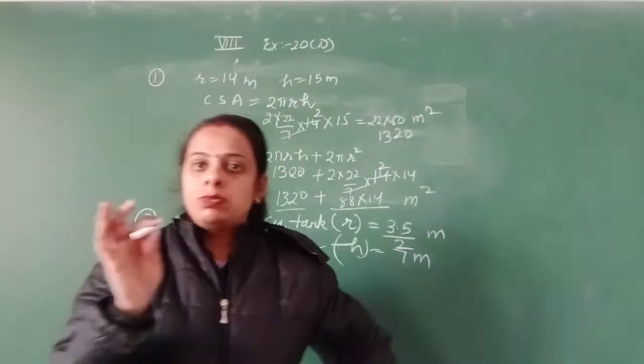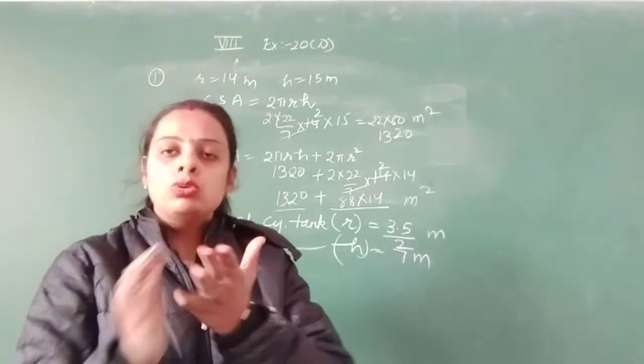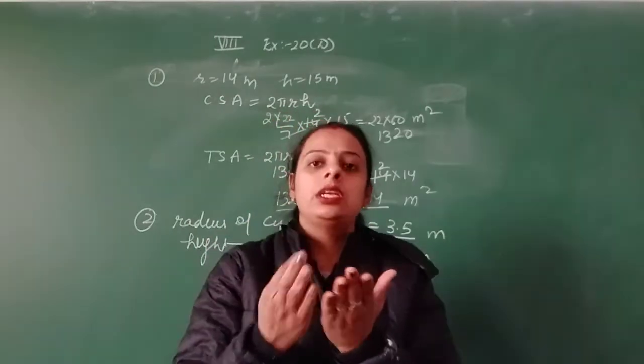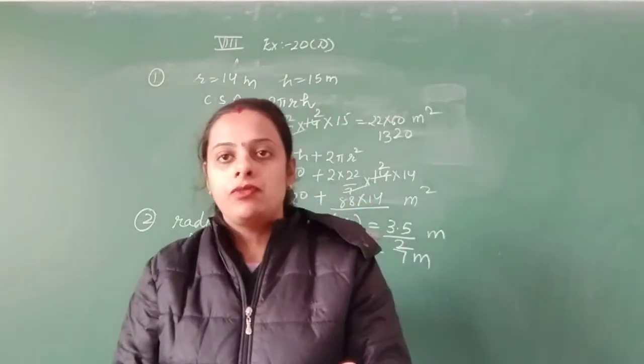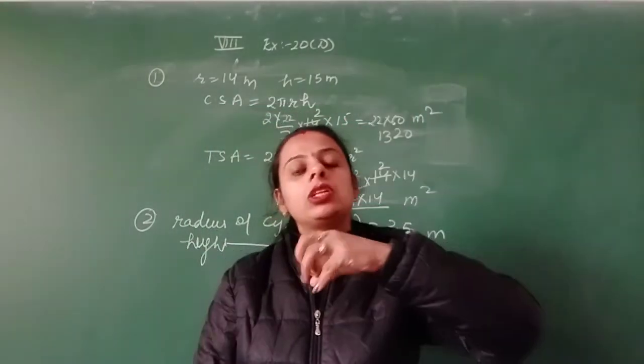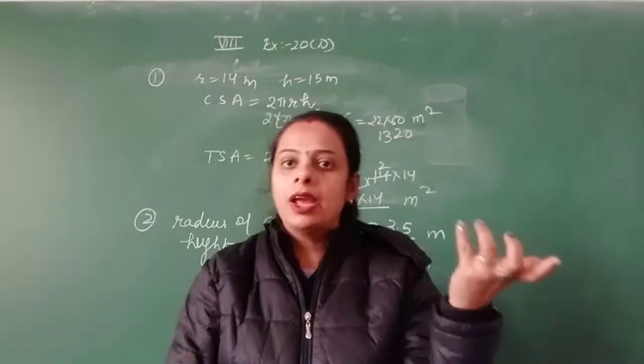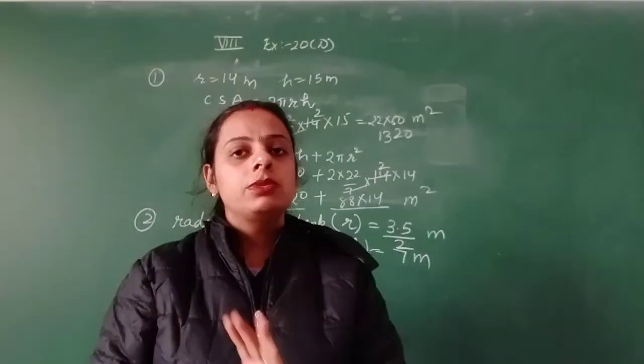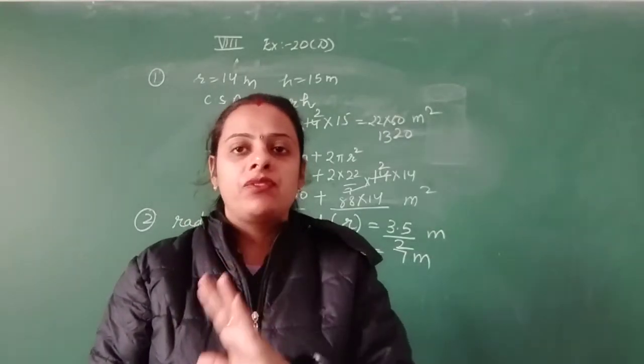आपको कर्व सरफेस पे भी उसको पेंट करना है और उसके बेस को भी पेंट करना है. पेंट मीन्स आपने उसकी आउटर लेयरिंग देनी है. So you need to find out the curved surface area. अगर कुछ फिल करना होता, then we will relate to the volume and capacity of that cylindrical tank. But आपको अब यहाँ पेंट करना है. It means you need the curved surface area